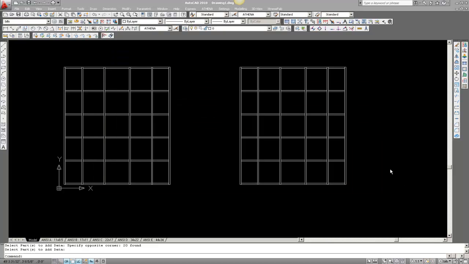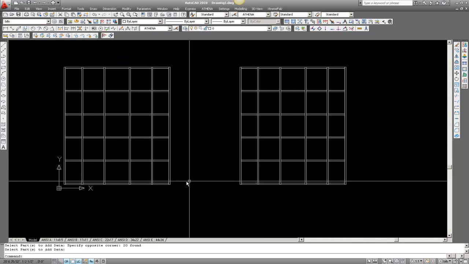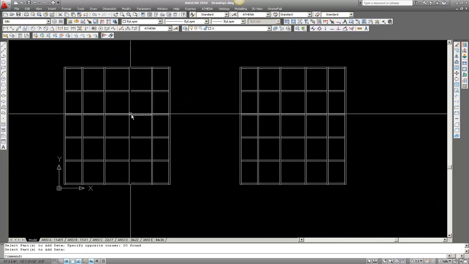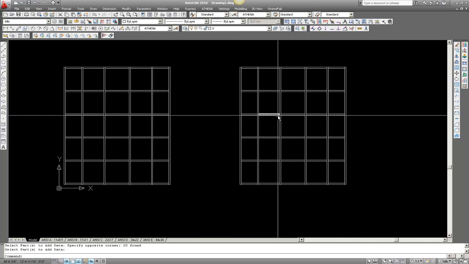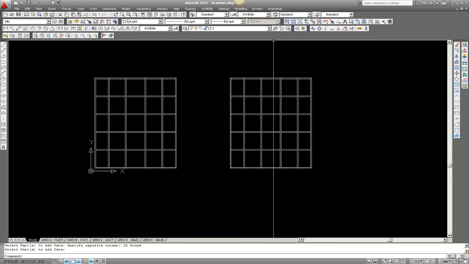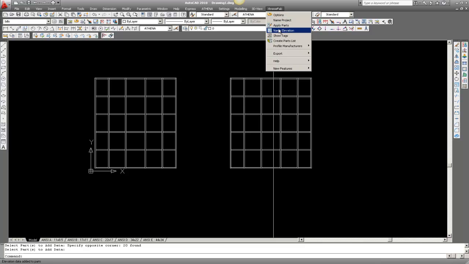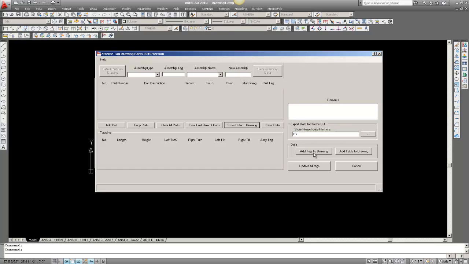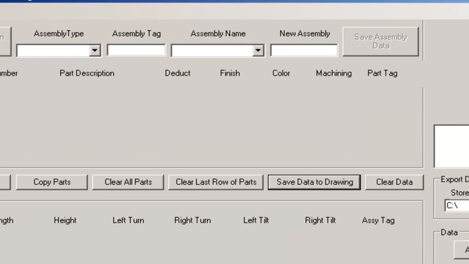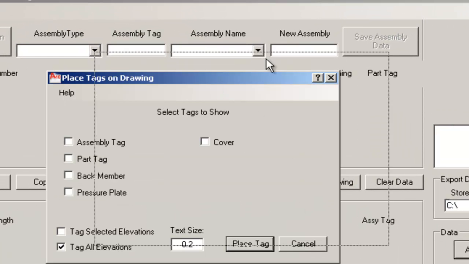So now what I've done is I've saved the data from this elevation over to this elevation. And what I'm going to do now is apply some tags. I can click show tags, or I can apply tags right from the data. And what I'll do is add tag to drawing, and the place tags on drawing dialog will come up,